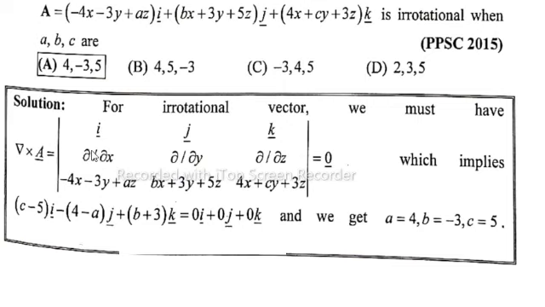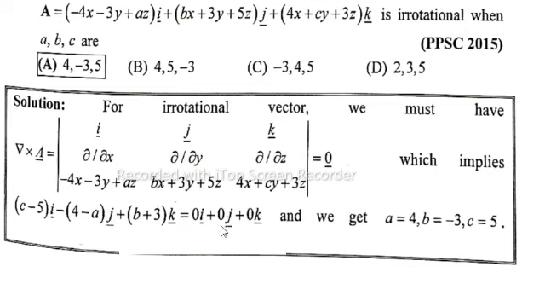similarly minus j vector into partial x into 4x derivative, that is 4, plus cy plus 3z constant, minus partially differentiate with respect to z into -4x - 3y, that is constant, plus az derivative, that is a. So (4 - a) into j. Similarly (b + 3) into k is equal to